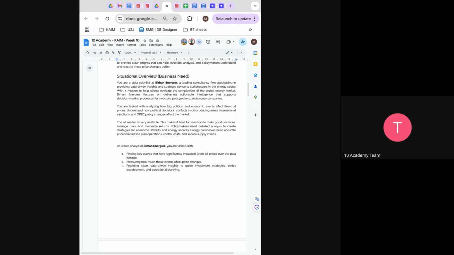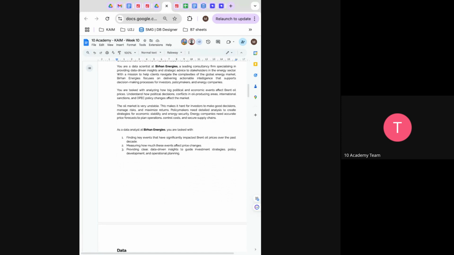And the other is providing a clear, data-driven insight to guide the investment strategy. So what type of policy are you going to formulate, from the change that you have seen? Overall, the task is about analyzing this time series data, finding these major shifts in the data and what caused those major shifts, and how you can communicate your findings to the stakeholders, since these stakeholders are